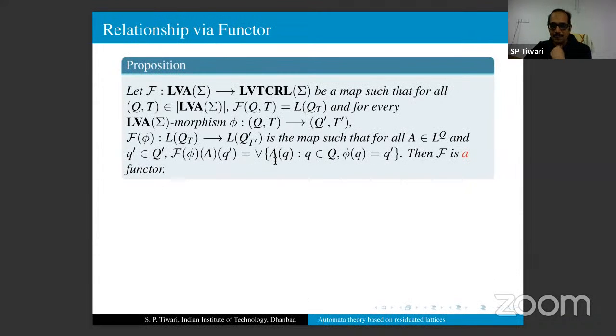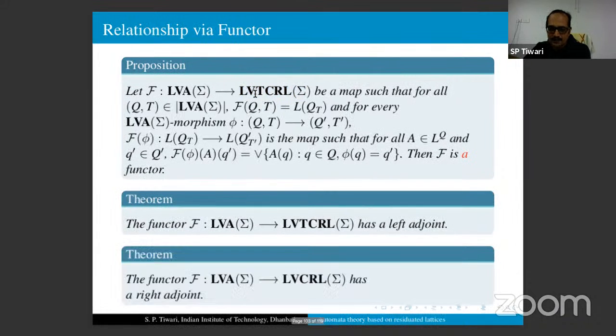The idea is that just like functions, there is a concept of functors between two categories, and functors between categories mean that they are preserving the structures, that is, objects and morphisms in the sense of category theory. So if we define a map F from the category of this L-valued automaton to this residuated lattice structure category, we can always define a functor, and this functor has two interesting properties, that these functors have left